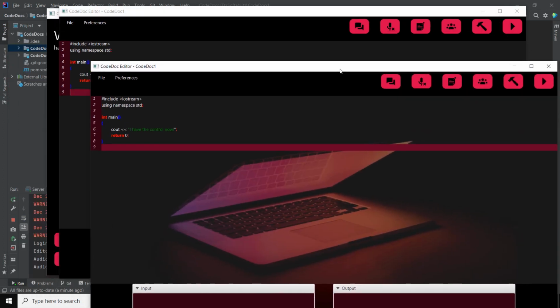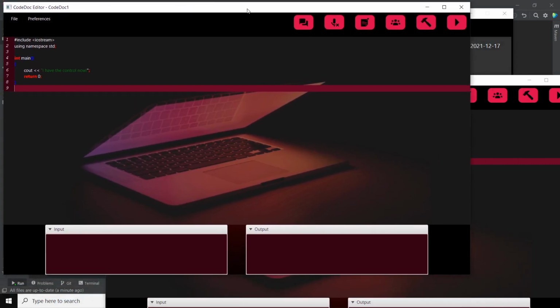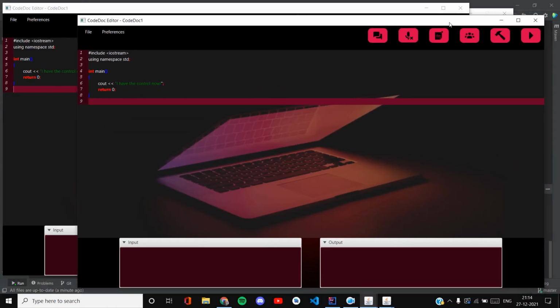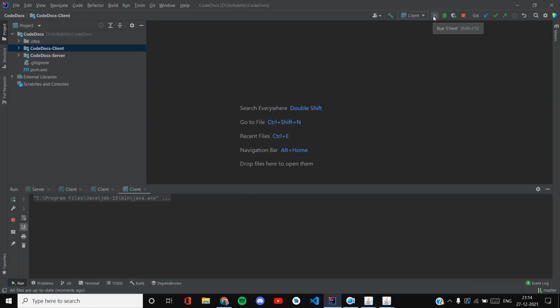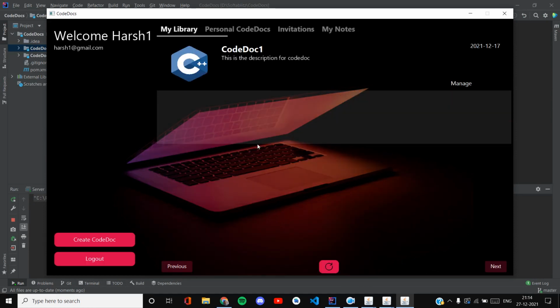Since Harsh opened the code doc first, Harsh has the control of the code doc, and this is the code doc corresponding to Harsh1, the second one. I'll start another instance as well, a third client. This is basically to demonstrate different users, a few of them having write permission and a few of them who have access to the code doc but only in read-only mode.